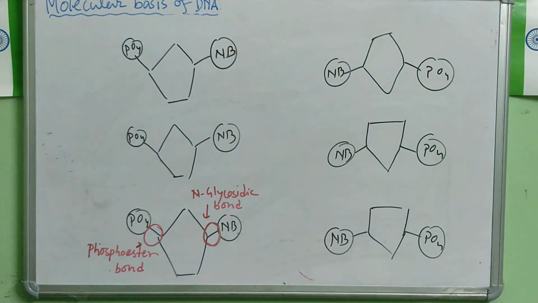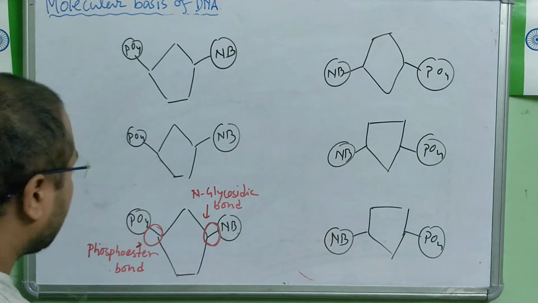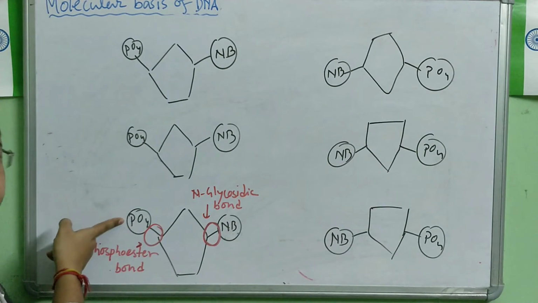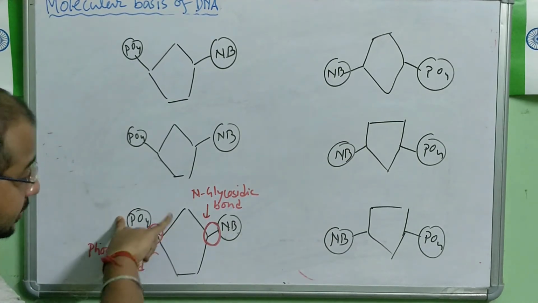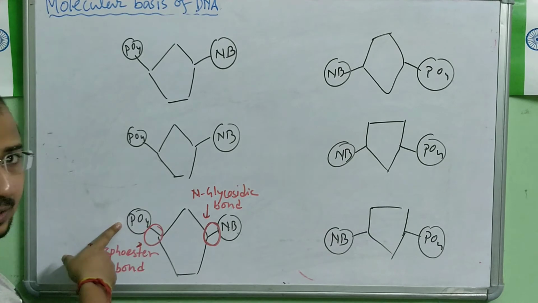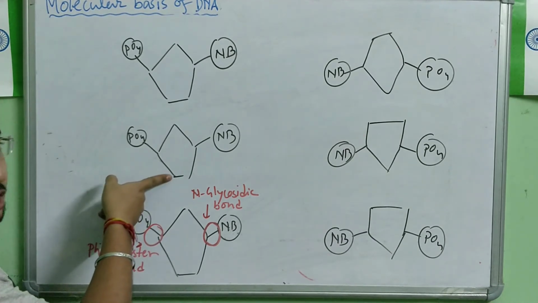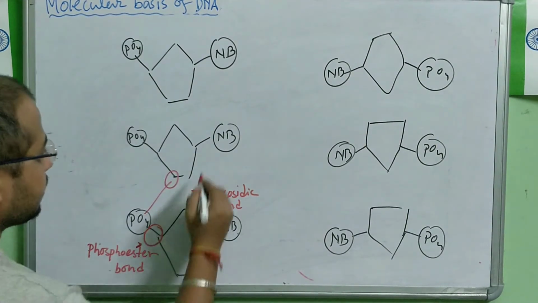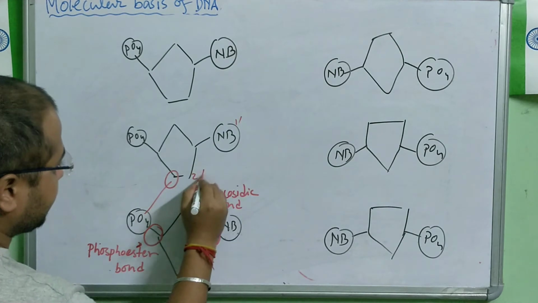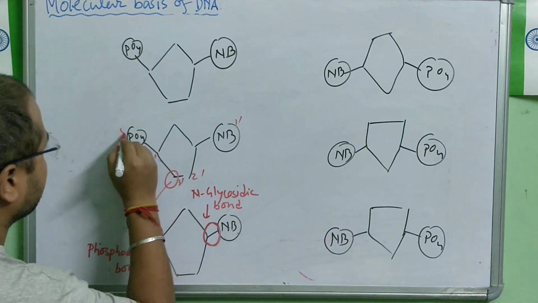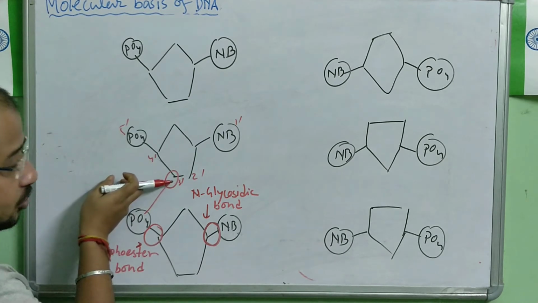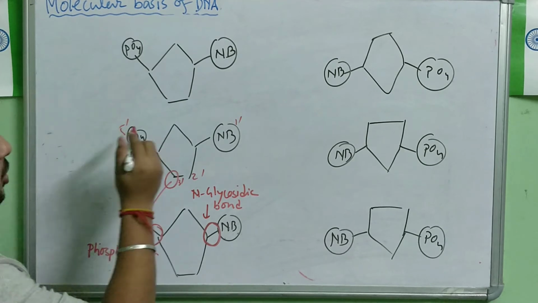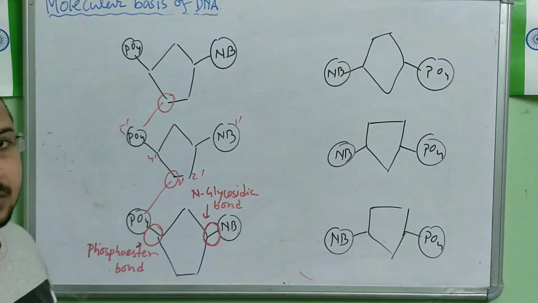Here, everywhere it is the same. Now these nucleotide molecules need to bind with each other. The phosphate group at the 5th prime position of this sugar, of this nucleotide molecule, is going to bind with the 3 prime position of this sugar. Okay, this is the 1st prime position, we know, 2nd prime position, this is the 3 prime position, 4th prime position, 5th prime position. So at the 3 prime position the phosphate group binds here. Same here, this phosphate group binds with the 3 prime position of this sugar.